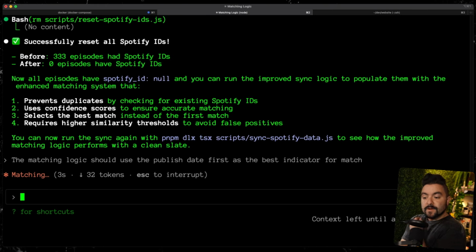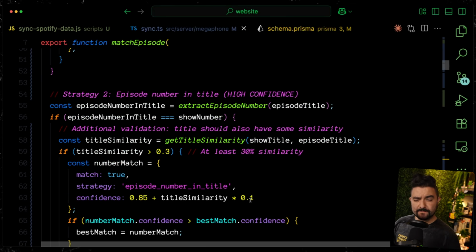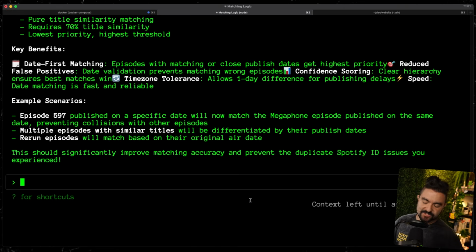Matching logic should use the publish date first as the best indicator for match. Okay, so that's better and should be the best indicator. Let's try again. I'll remove the Spotify ID, run the script from scratch, and see if there are any things